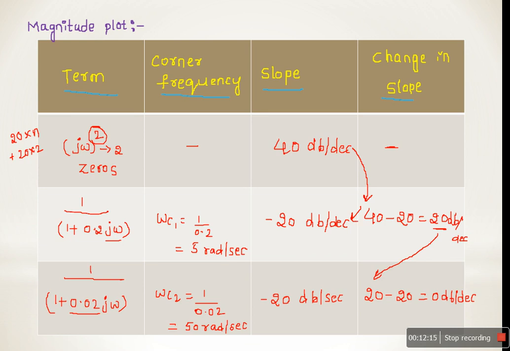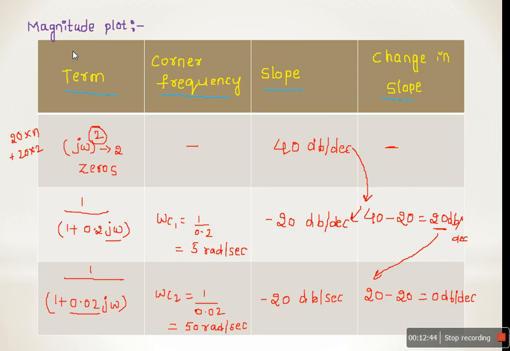And after this calculation we have to choose the lowest cutoff frequency FL. This lowest cutoff frequency must be less than the lowest corner frequency in the given transfer function, and we have to choose some highest corner frequency FH. That FH must be greater than the highest corner frequency in the given transfer function.